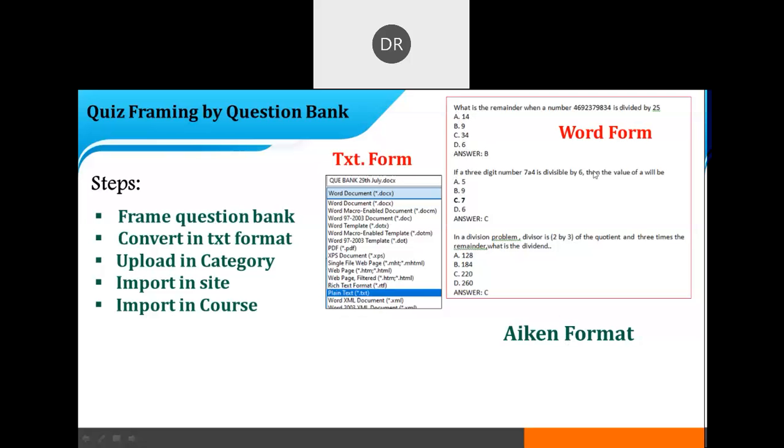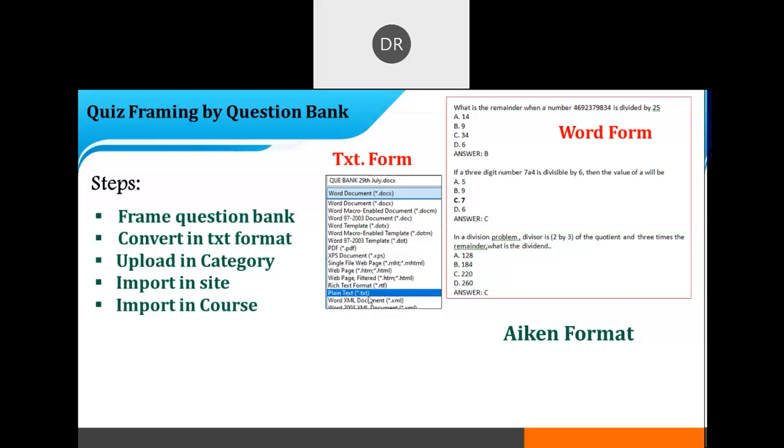You have to frame the questions in Word format, like MS Office Word. Open any blank Word file and type all the questions in a similar fashion with the 4 options and also the answer below the options A, B, C, D, or maybe more or maybe less. After framing all the questions in Word, you have to convert it into a .txt file. Like in student enrollment, we converted the Excel file into a .csv file.